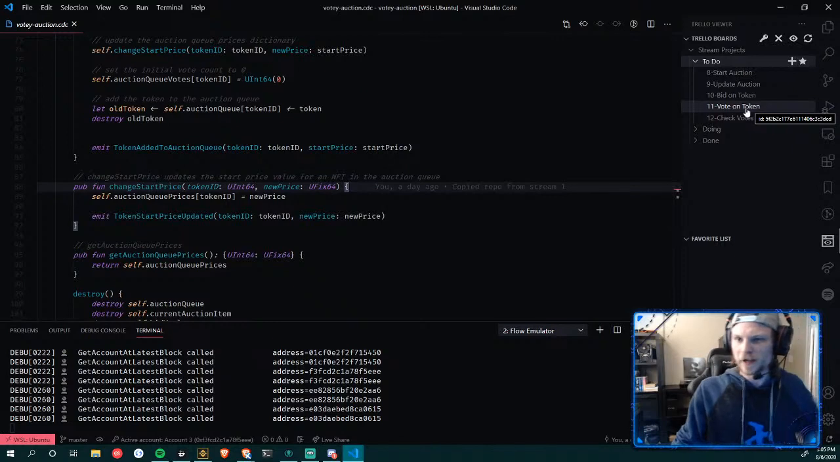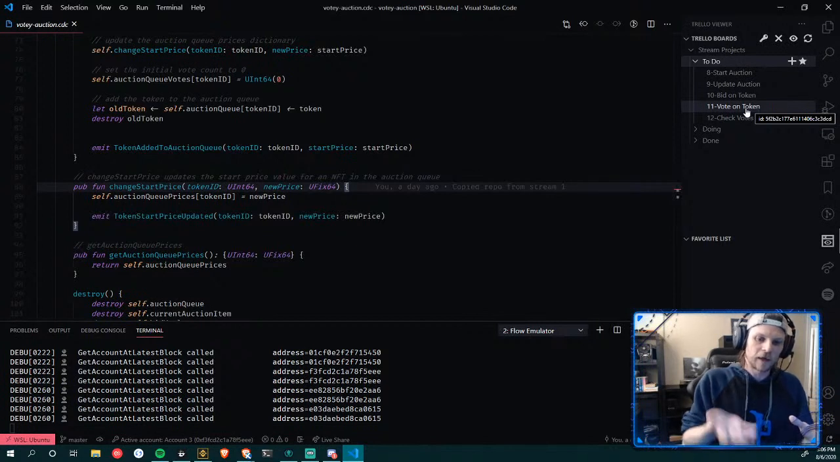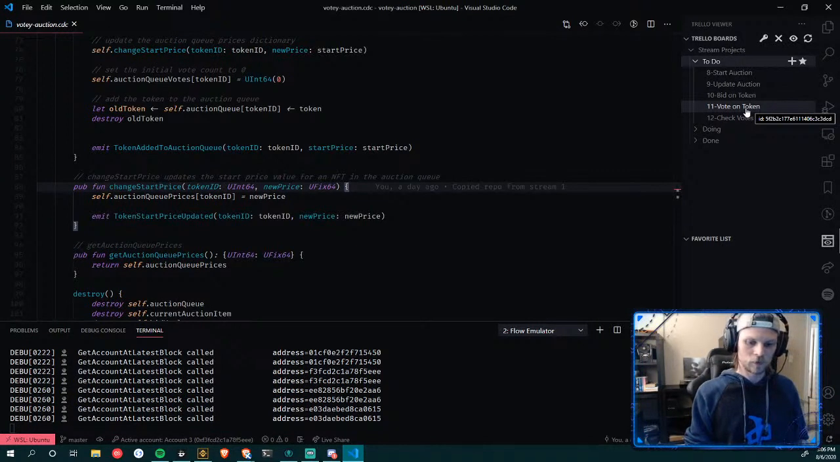Just to reiterate what the whole voting idea is and what we're actually building, just in case you weren't here last time: we're building an auction system where the user can submit a collection of NFTs. One NFT will be available for auction at a given time, and after a user bids on that available token, they will be given a ballot that they can use to vote on one of the other tokens in the auction queue